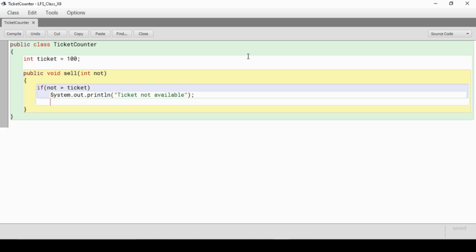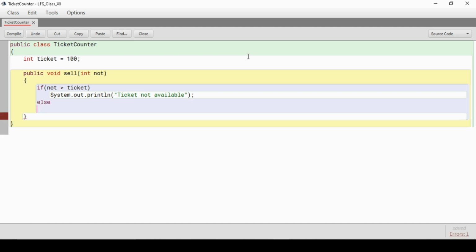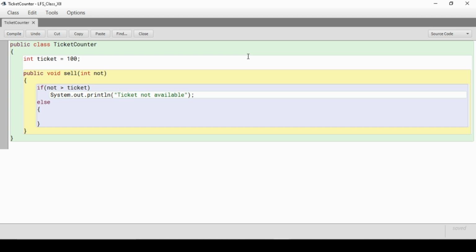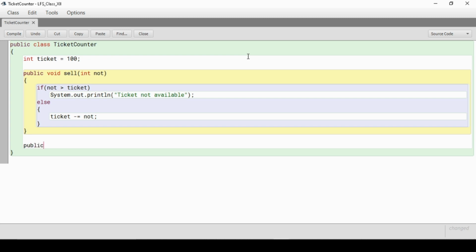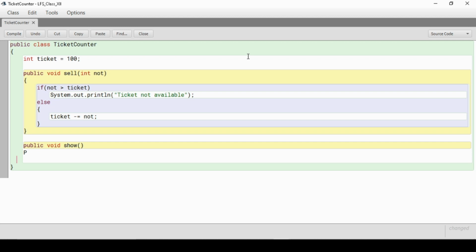Else, we are going to sell that ticket. We are going to remove the number of tickets from the available tickets: ticket minus equals number of tickets. That will update the ticket value. I hope you got it. Now let me create one more method to show the available number of tickets, how many tickets are available.